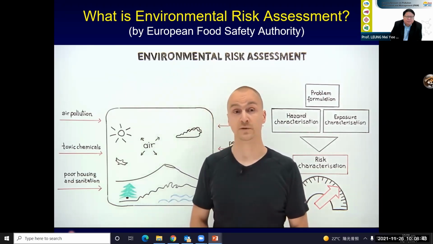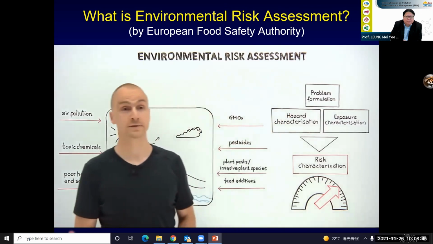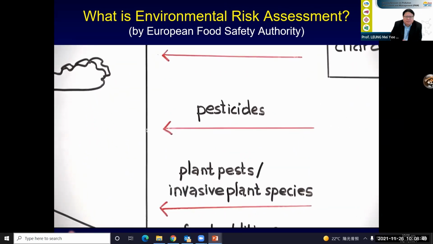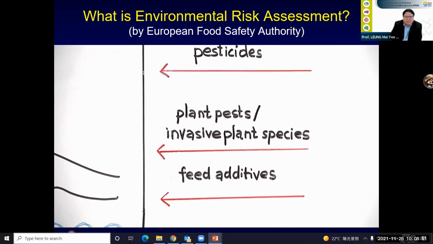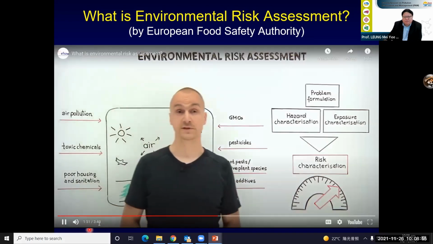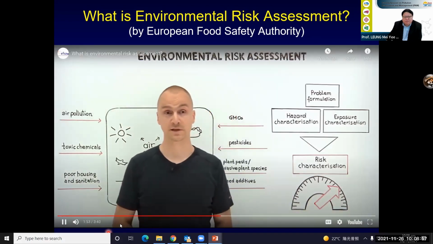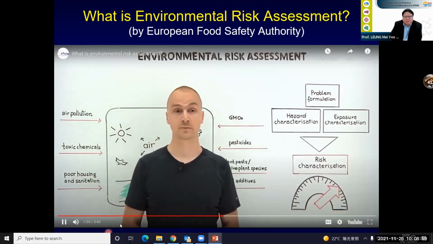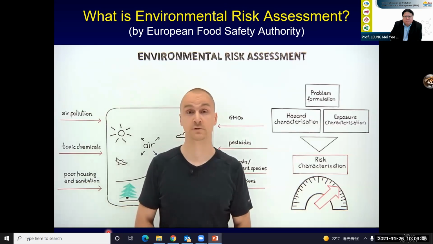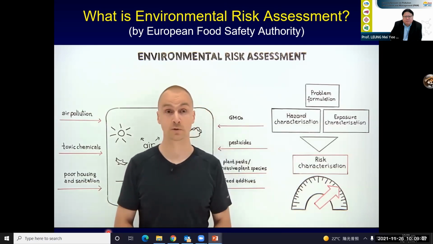EFSA performs environmental risk assessment in a number of areas, such as genetically modified organisms, pesticides, plant pests, invasive plant species, and feed additives. The purpose of these assessments is to assess the seriousness and the likelihood of harm to the environment which might arise following a specific activity, such as the cultivation of a particular GM plant or the